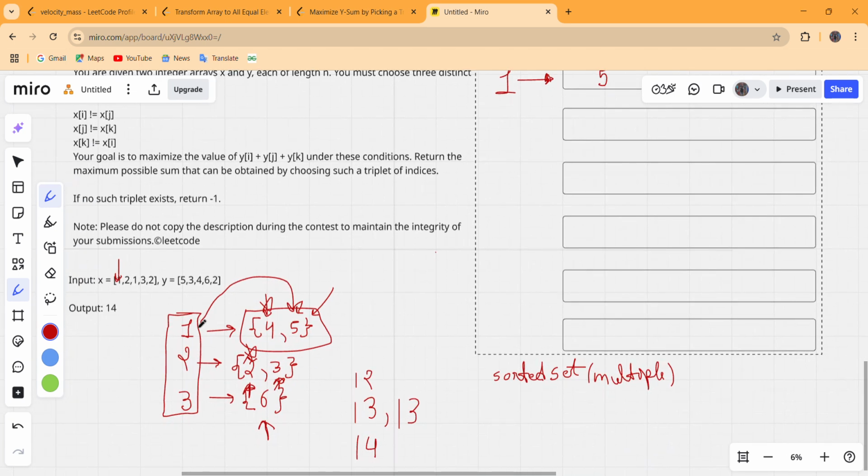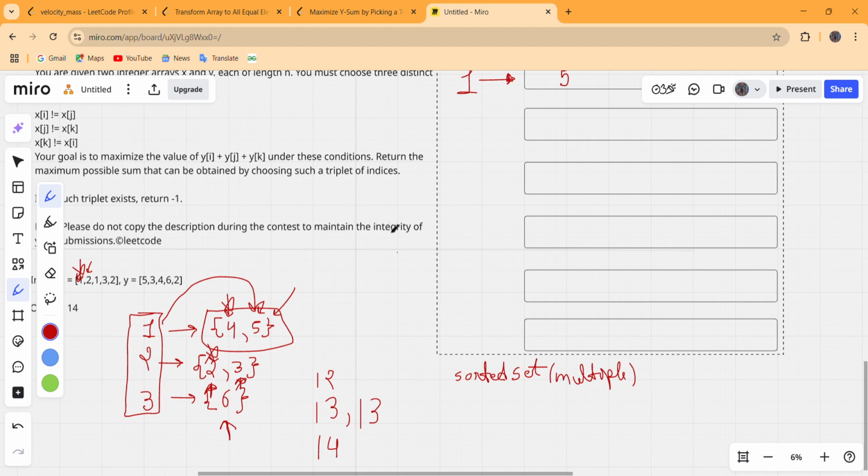Now our eye will move to the next iteration, this 2, and now we have to check whether this map contains 2 as a key or not. No, this will not contain it, so this will create a new key named 2, and against this 2 a multiset is created, and we have to push the corresponding value against this 2 in y, which is 3, inside this multiset.